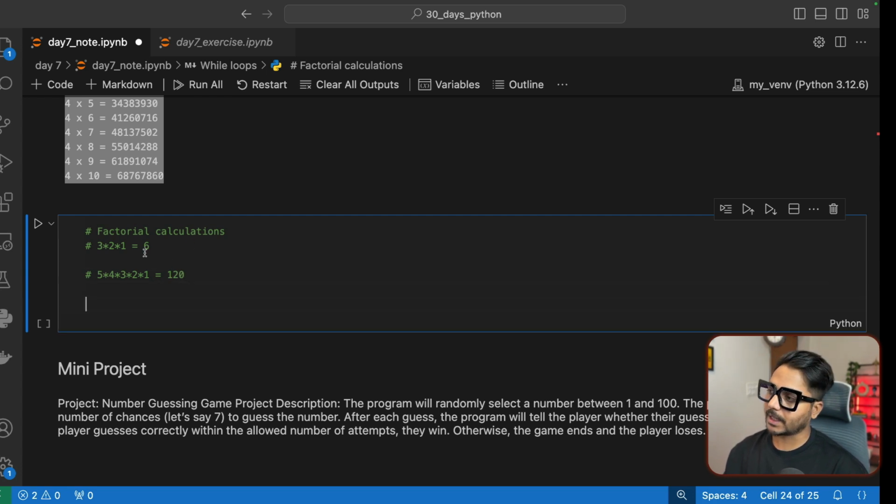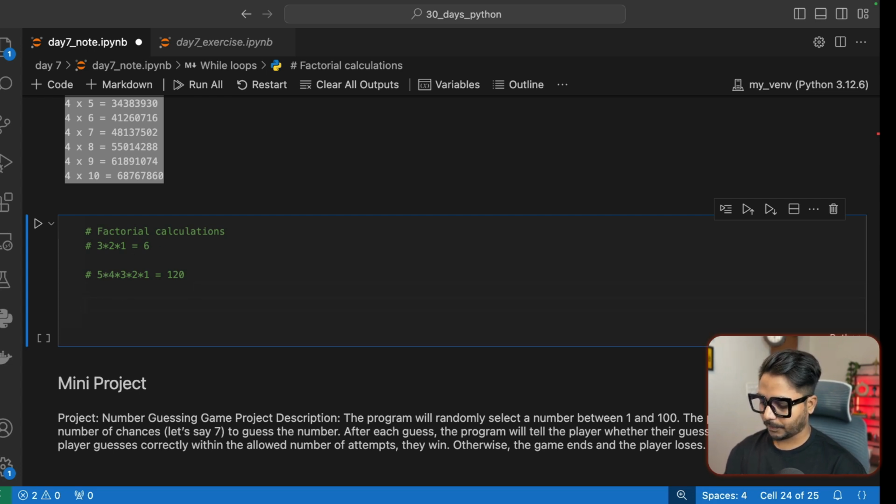So we want to build a function that takes an input from the user and then calculates the factorial, using a while loop. For that, first let's take an input from the user. So we can go ahead and say